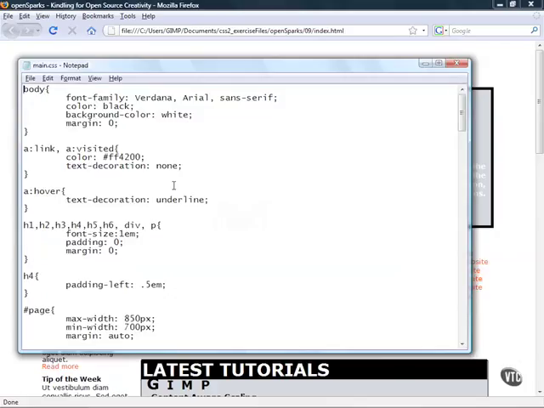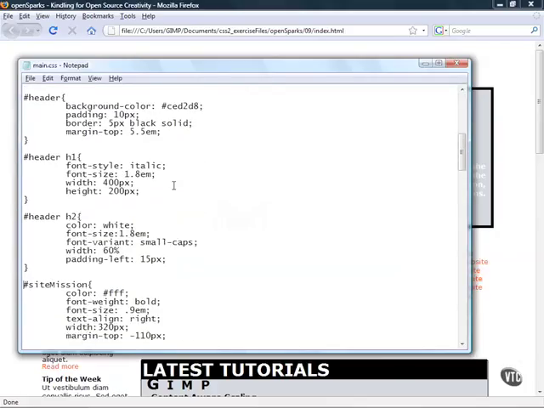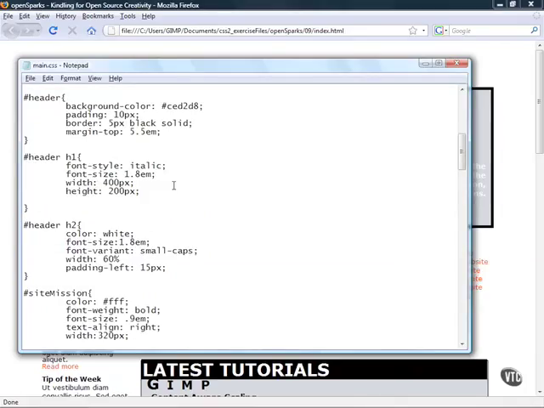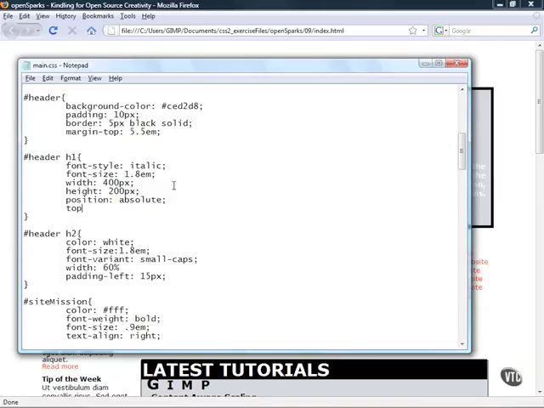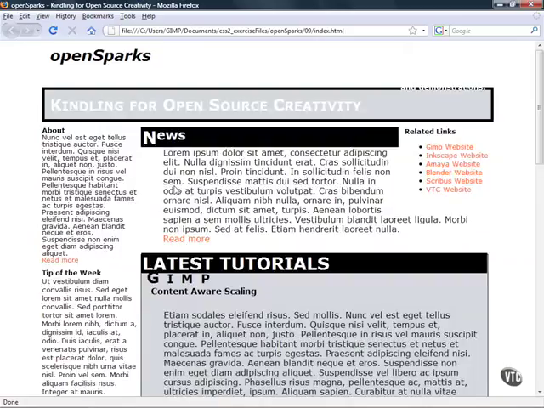So let's go ahead and jump over into our CSS and add in the appropriate property for our H1 in our header. If you notice, we did define the width and height there, but now we're going to add in our position absolute and set it so that it's going to be 10 pixels from the top. So I'll go ahead and save that and then jump back in here, and whenever I refresh, we'll see something